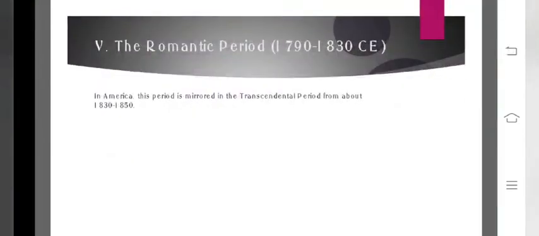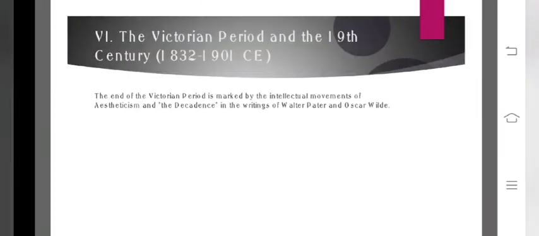5. The Romantic period, 1790 until 1830 CE. In America, this period is mirrored in the Transcendental period from about 1830 until 1850. 6. The Victorian period and the 19th century,